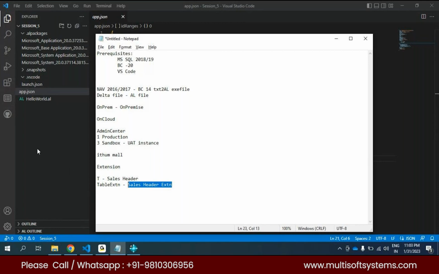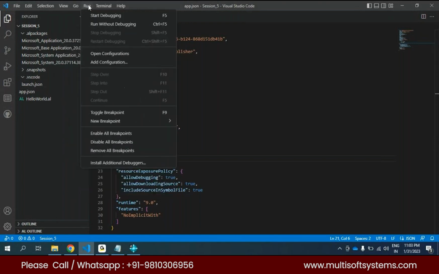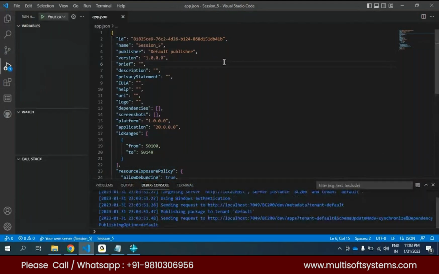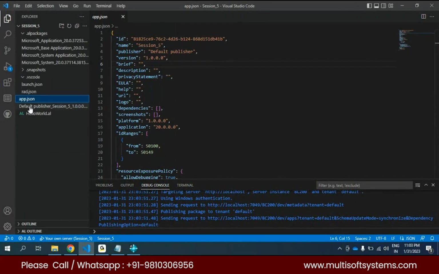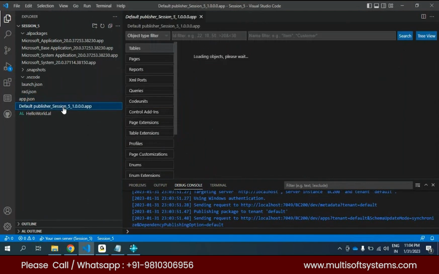Let me publish this first. I will tell you what you have to do to publish this. There are three options. If you go to the Run menu, you can publish with run without debugging. If you click Control F5, it will publish your project. Publish means it is going to launch Business Central now. Let's see here. If you pay attention, see default publisher, the app has been created here, right? It was not there. When I did Control F5,